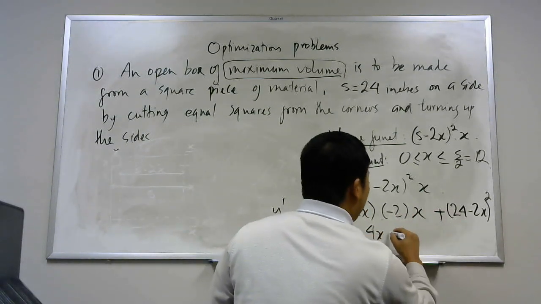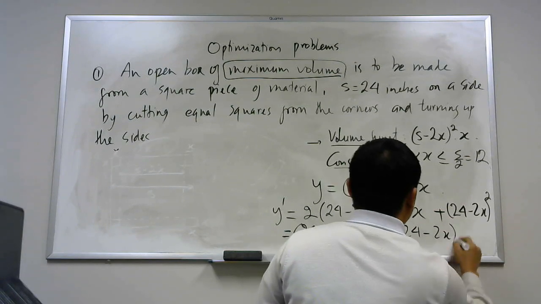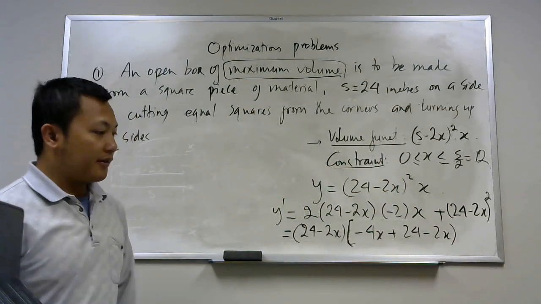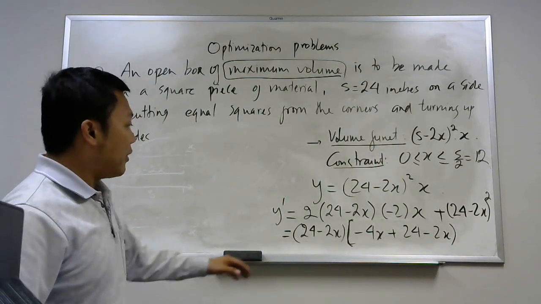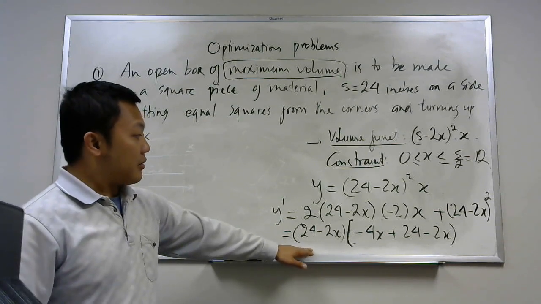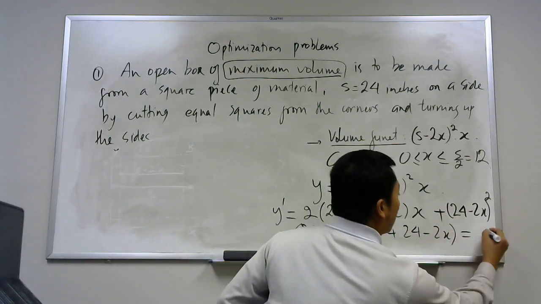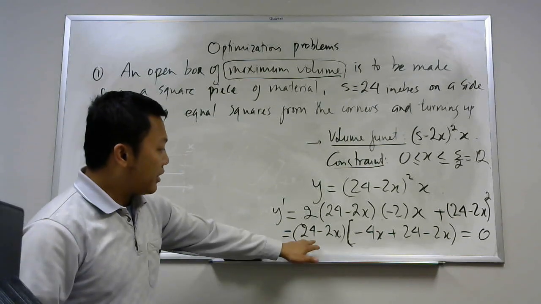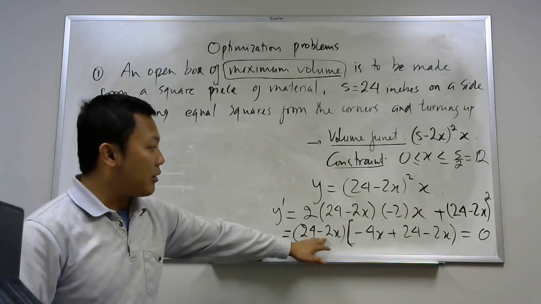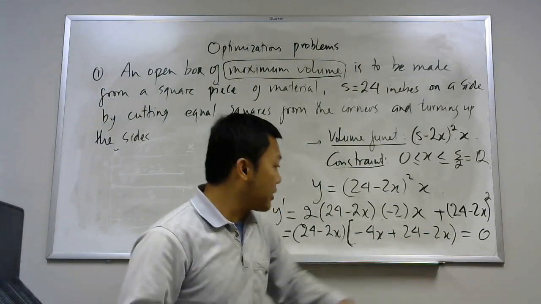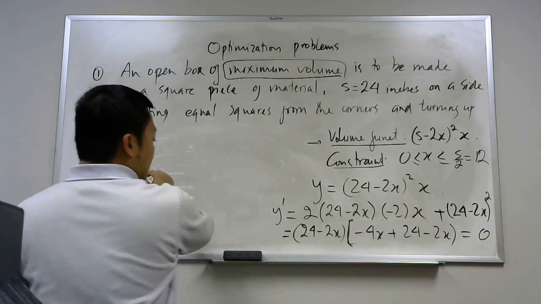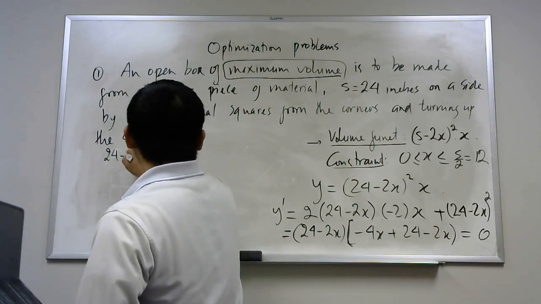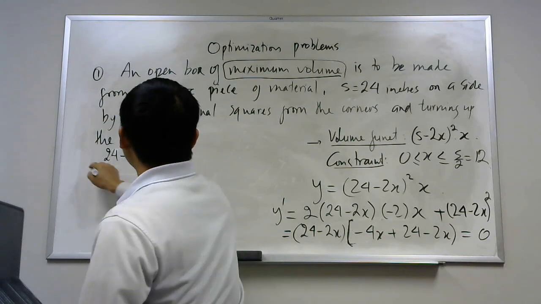And then from here, I get plus 24 minus 2x. You see? So we already have a very beautiful form. And when you set this equal to 0 to find all critical points, you see 24 minus 2x equal to 0, or this part is equal to 0. From here, you can say 24 minus 2x equal to 0, or